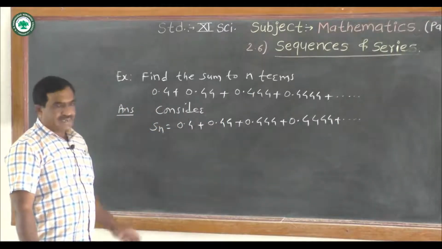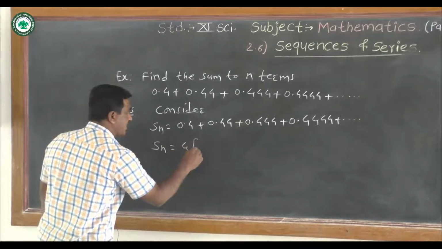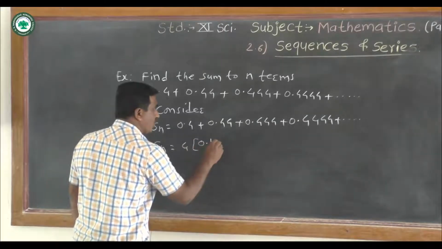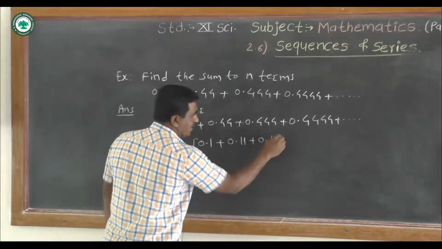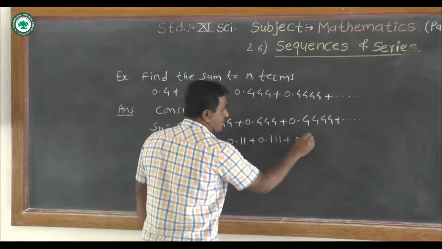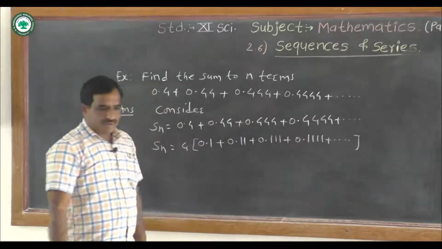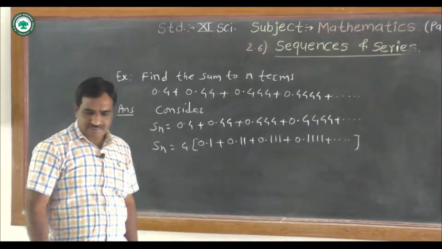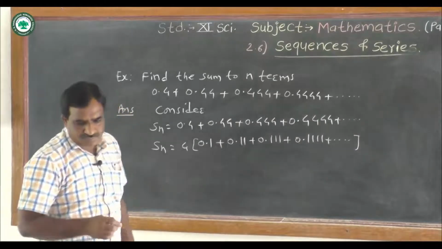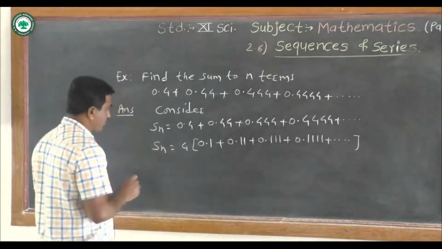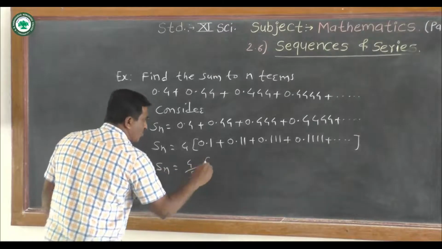Okay, now we can take 4 common here, that is Sn equal to 4 into, in bracket, 0.1 plus 0.11 plus 0.111 plus 0.1111 plus so on up to n terms. Here also, by multiplying and dividing by 9, we can write Sn is equal to 4 by 9 into, by multiplying 9,